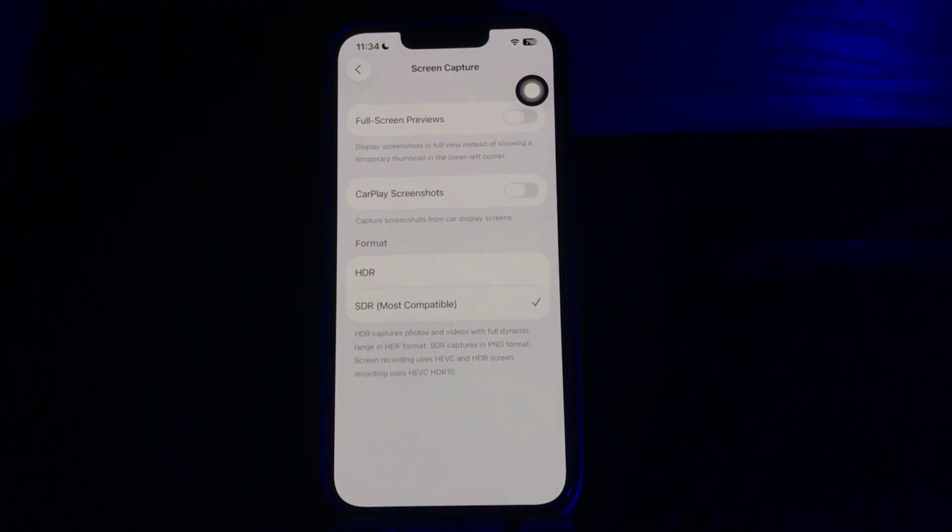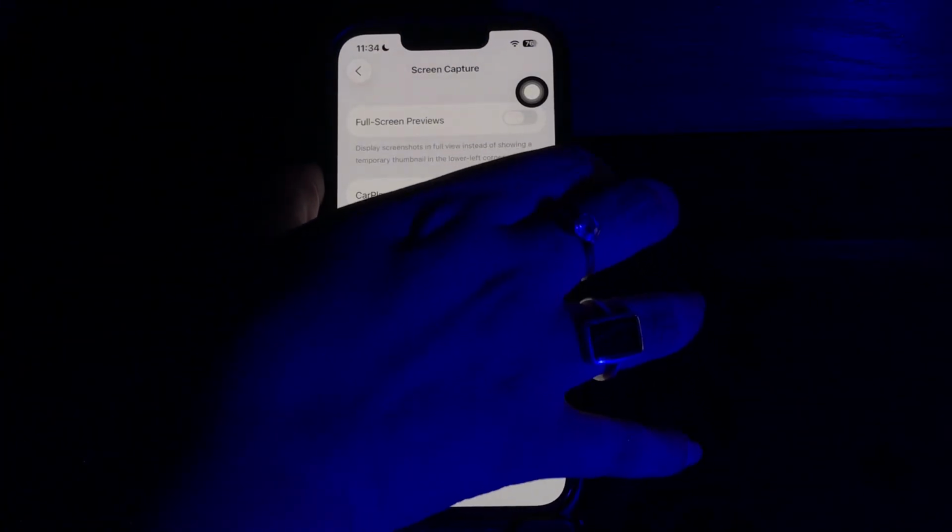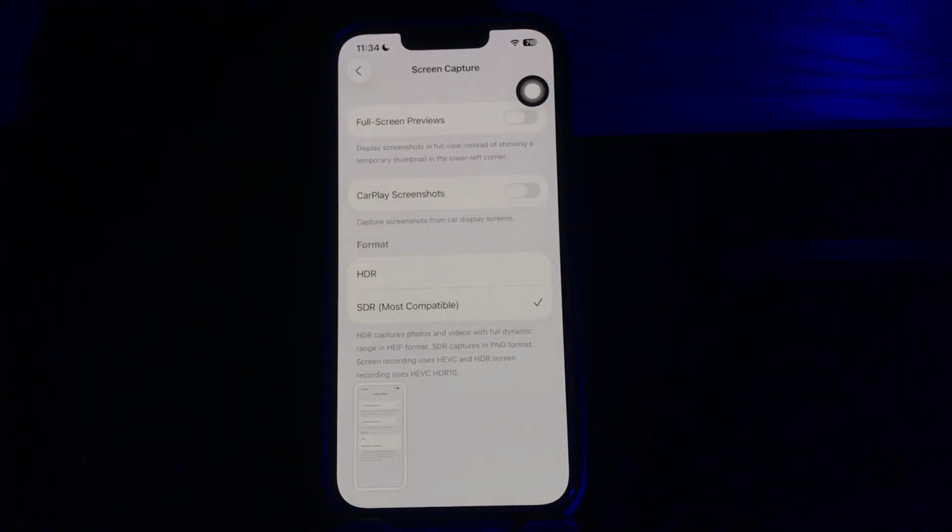To check, grab a test screenshot and you should see a thumbnail in the bottom left corner instead of the full screen interface. Like before, the thumbnail swooshes out of view after 3 seconds and gets saved in Photos. And you are done. I hope this video will help you stop screenshots from showing full screen previews in